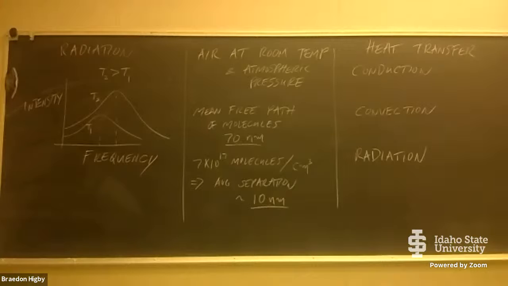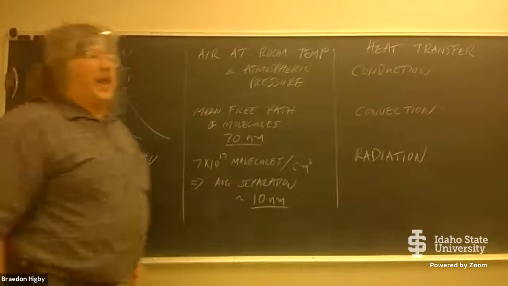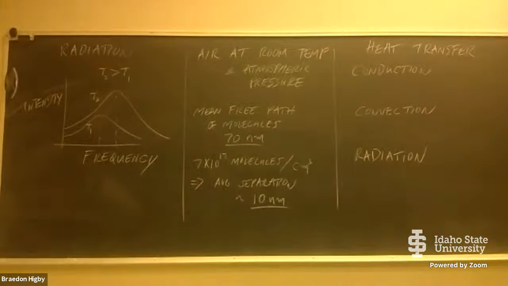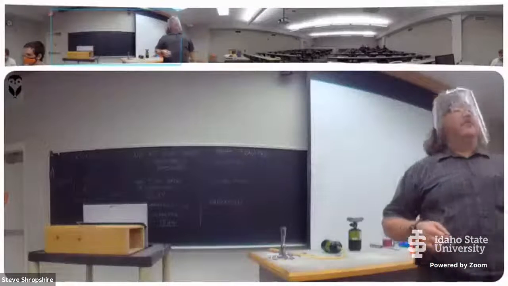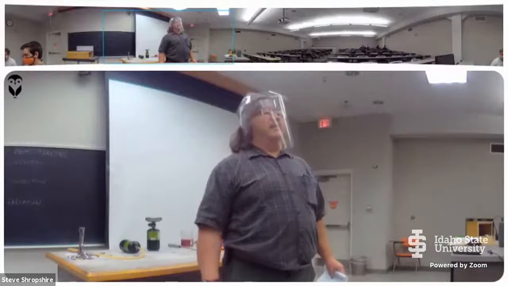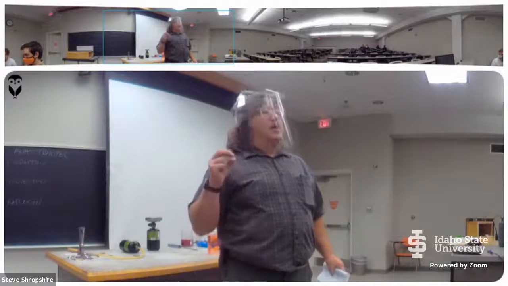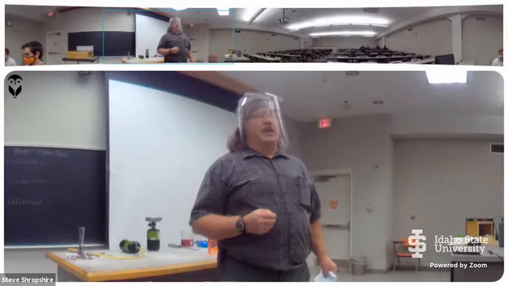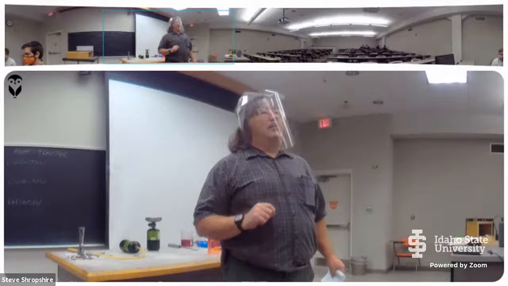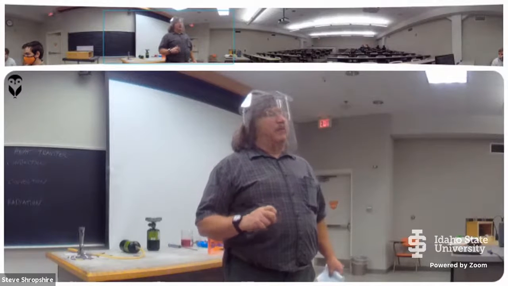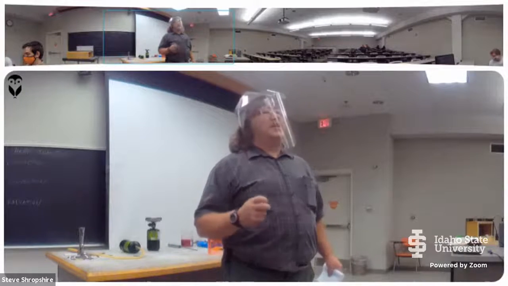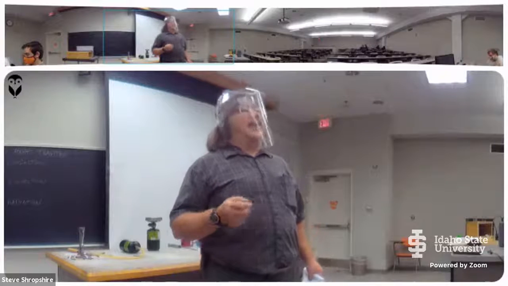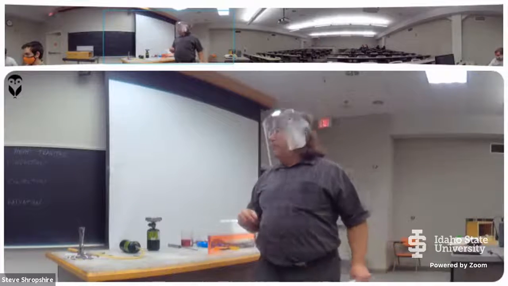Compare that with a solid, where the average separation of the atoms in a solid, like a metal, is on the order of 1/10 of a nanometer. So we're talking about several orders of magnitude difference in density, factors of millions, between a metal and gas. So the average separation inside a metal of the atoms is on the order of an angstrom, which is about 10 to the minus 10 meters, or about 1/10 of a nanometer. And we'll talk more about what this actually means